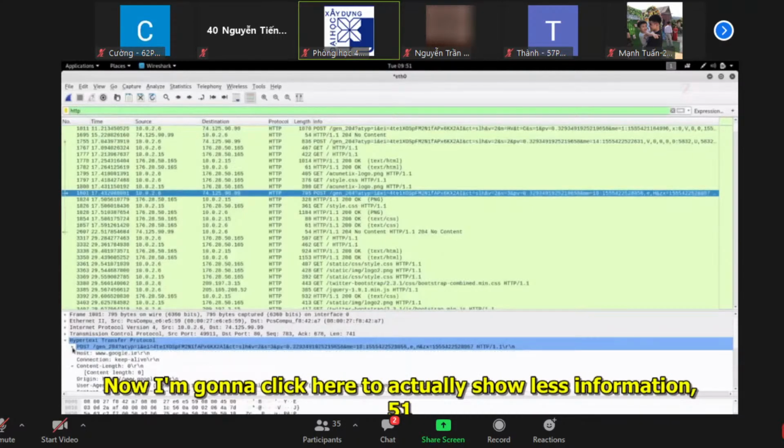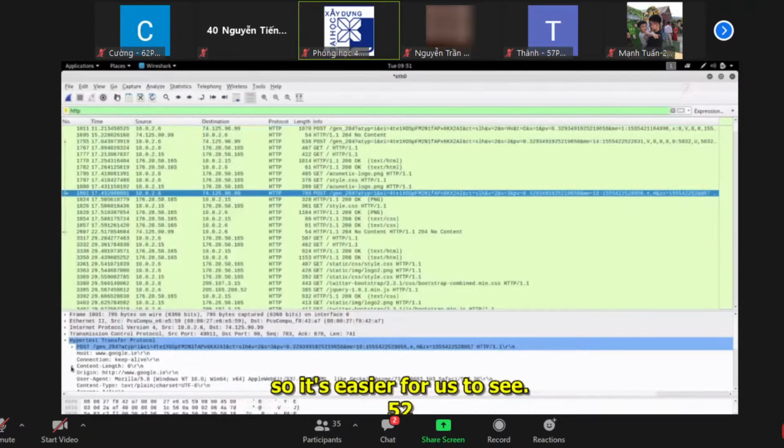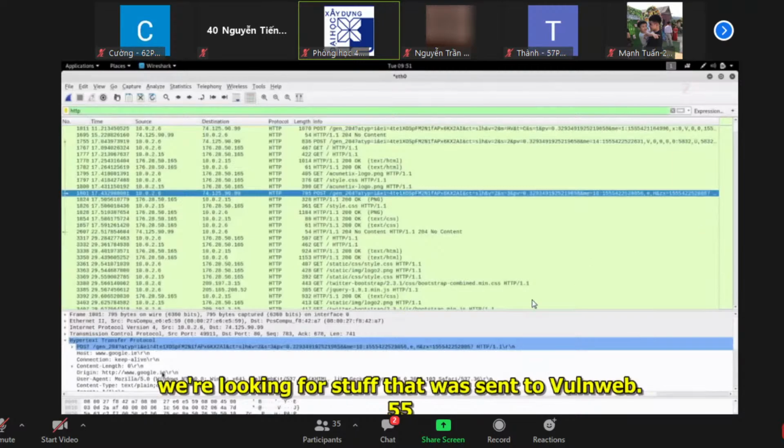Now I'm going to click here to actually show less information so it's easier for us to see. So you can see this post was sent to Google. We're not interested in that. We're looking for